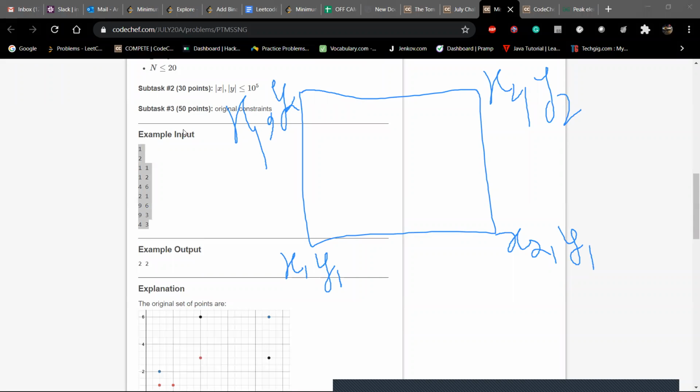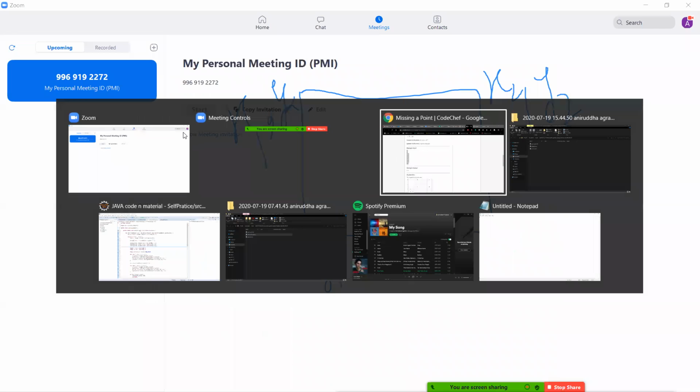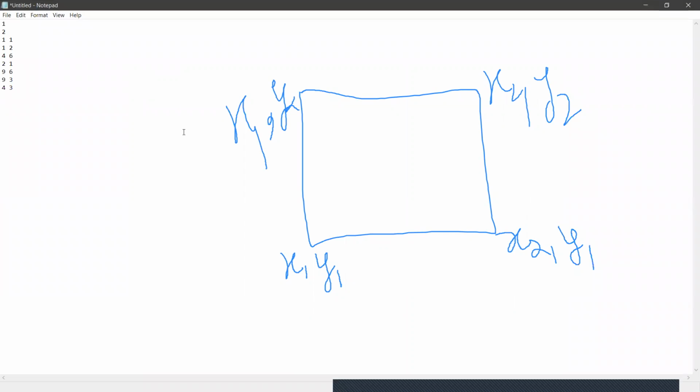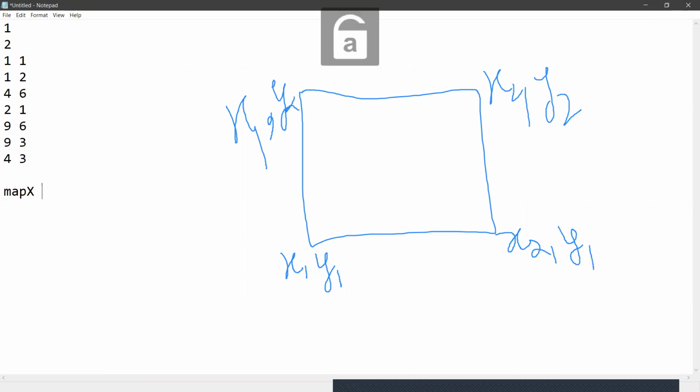I use this test case. The x is the 0 index and y is the 1 index. Map x is: 1 occurs 2 times, 2 occurs 1 time, 4 occurs 2 times, 9 occurs 2 times.